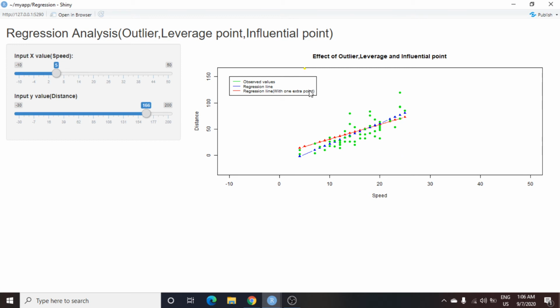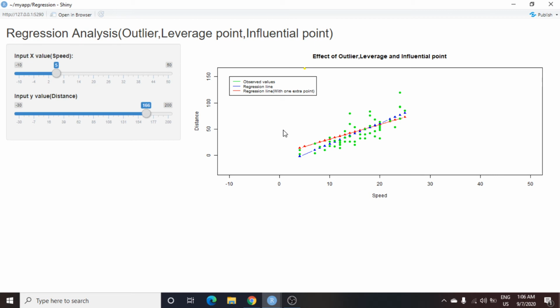So it is not a leverage point, but it is an outlier. And we can see that for this yellow observation the regression line changes. So this is an influential point.